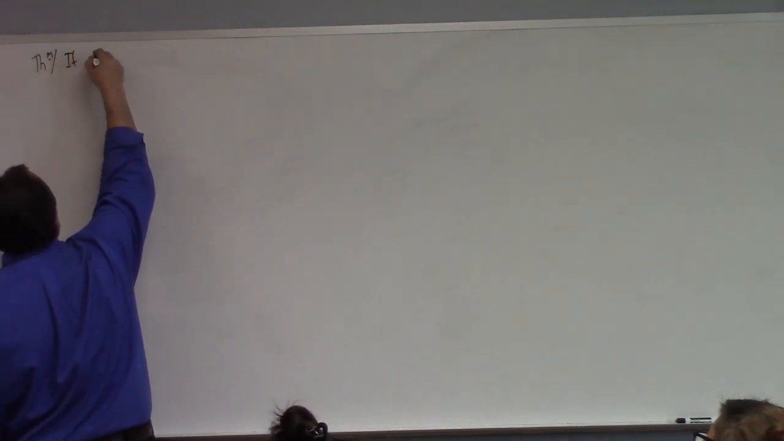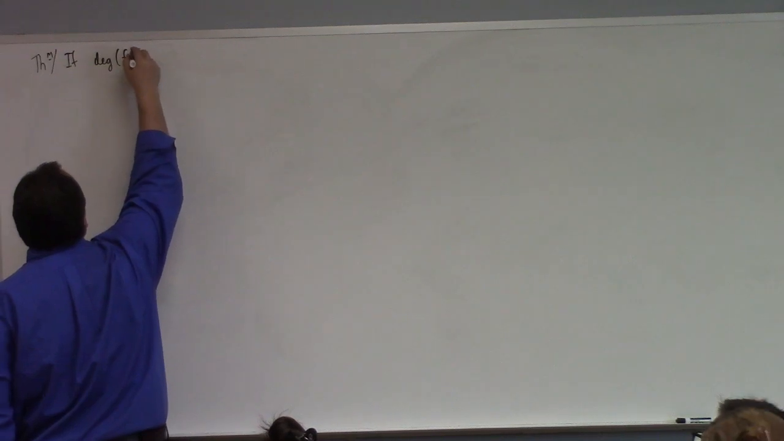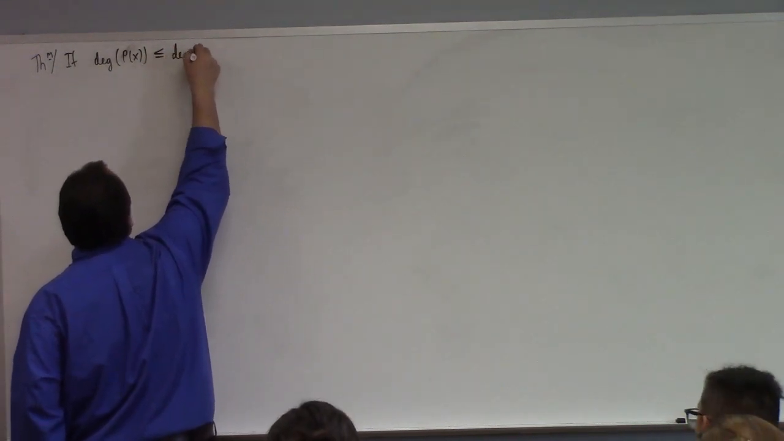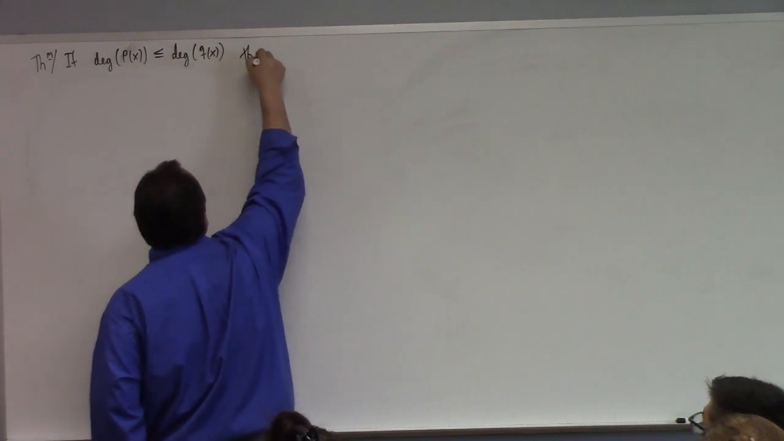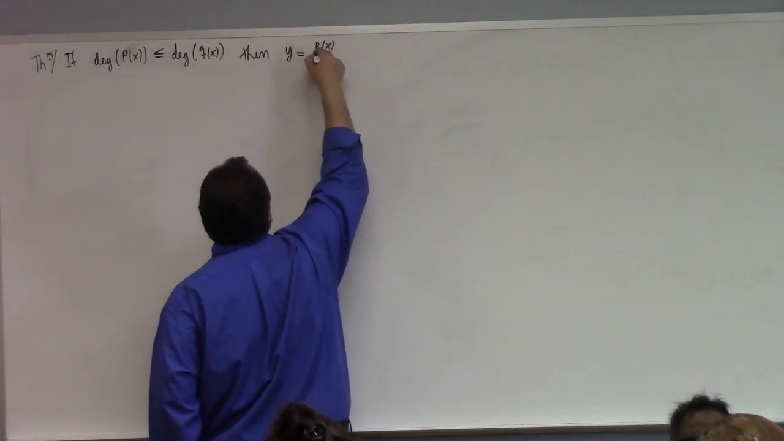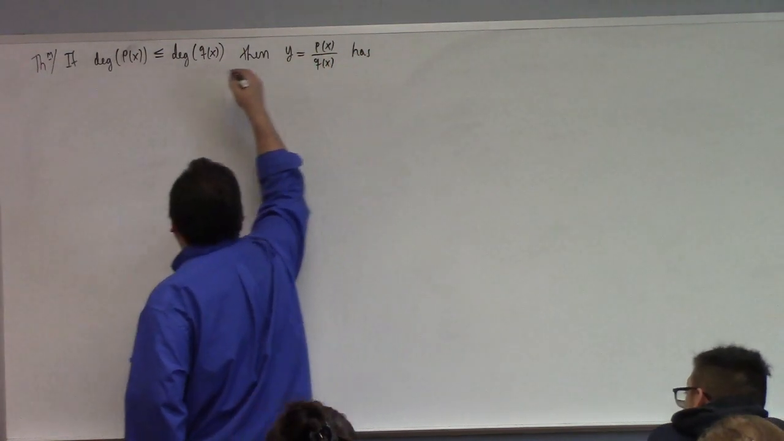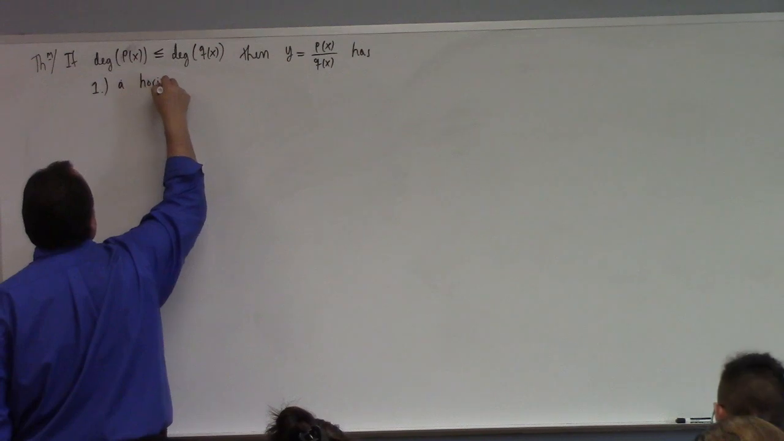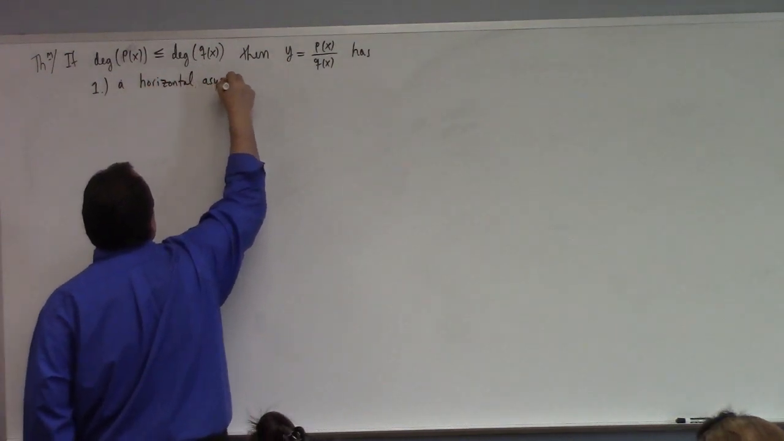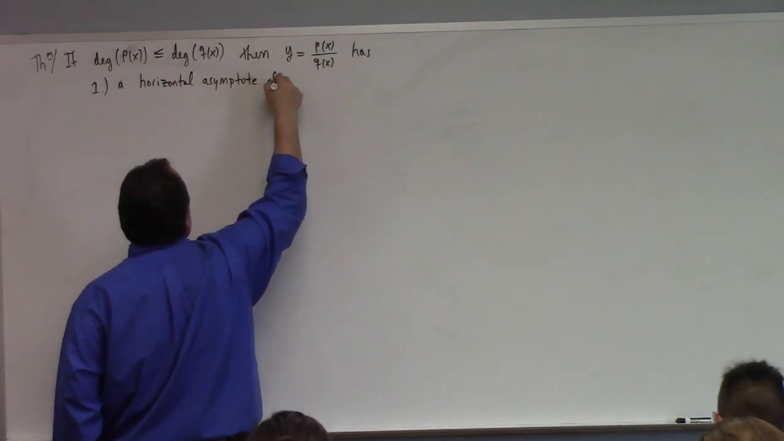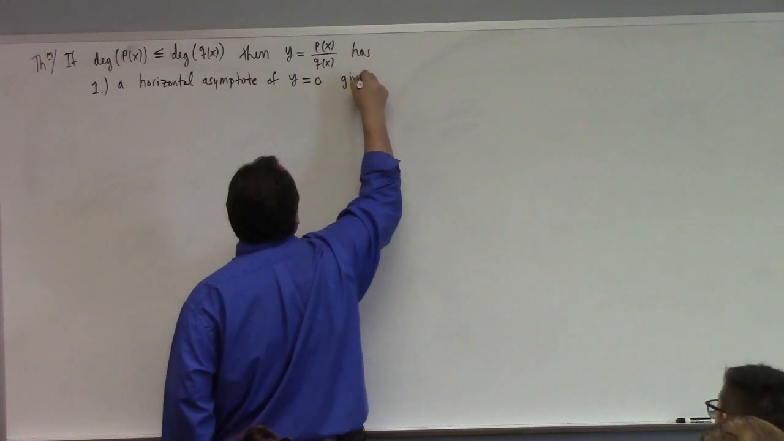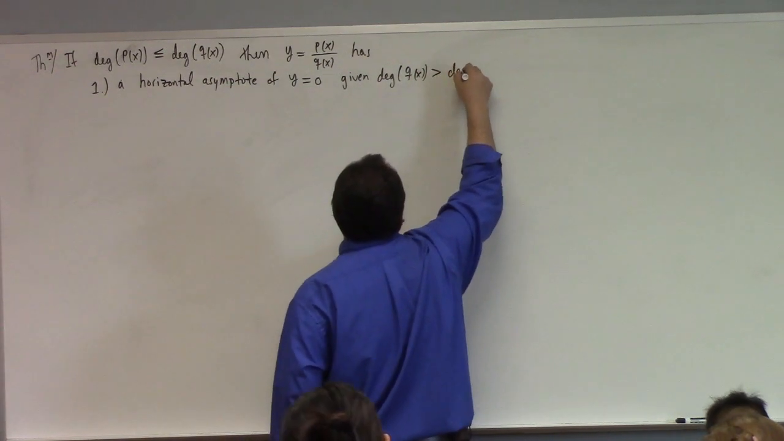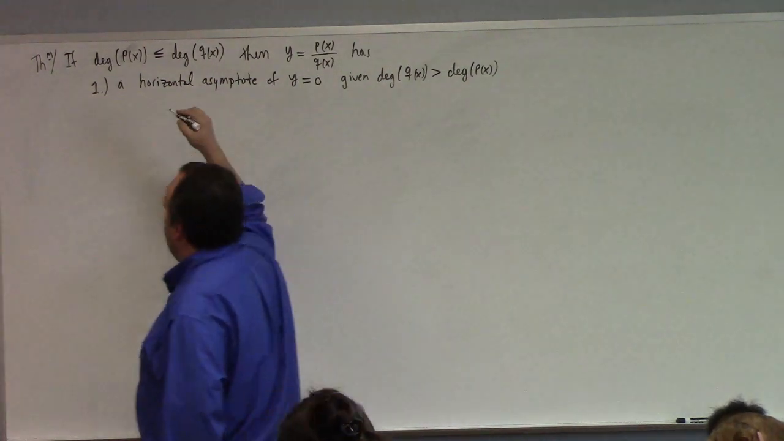If the degree of p of x is less than or equal to the degree of q of x, then y equals p of x over q of x has, number 1, a horizontal asymptote of y equals 0, given the degree of q of x is strictly greater than the degree of p of x. All right? Or number 2,